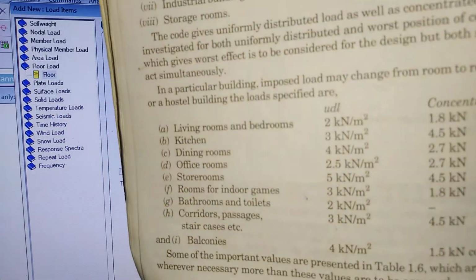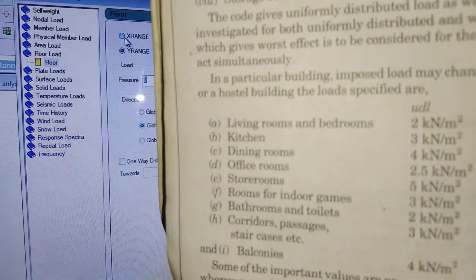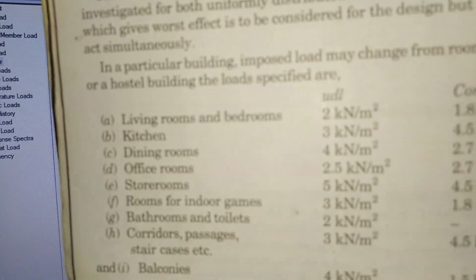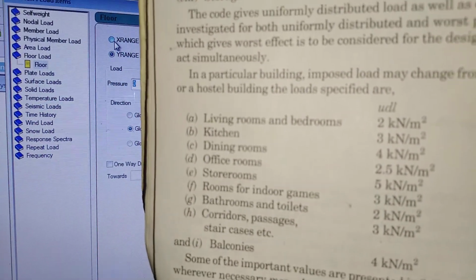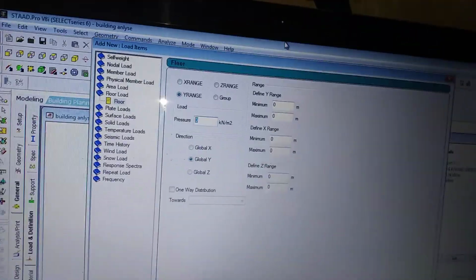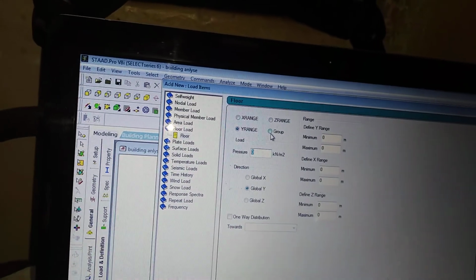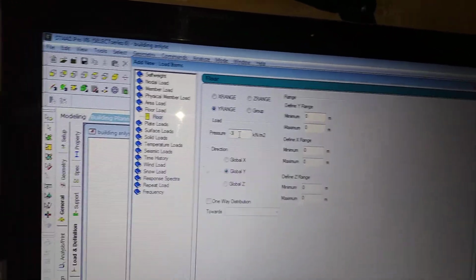Live load, you already saw this book, that is RCC by Bhavikatti. In this book it is mentioned how much load we have to take for assigning the load. So I will take 3 kilonewton per meter square for the safer side. Okay, the load is acting along the y direction, so -3.